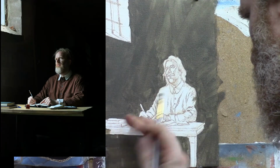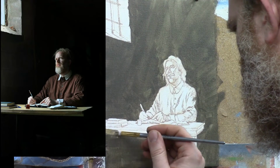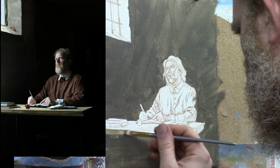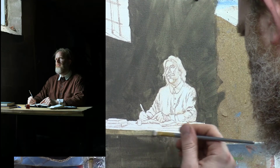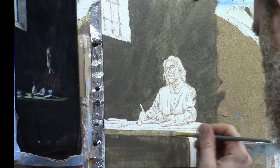Now I'm putting a glaze on top of the table, and this is that same color, just a little bit more translucent. So I added a bit of matte medium to it to thin it out. And the initial layer, by the way, did have a little matte medium just to make it flow better. I'm covering over everything here,